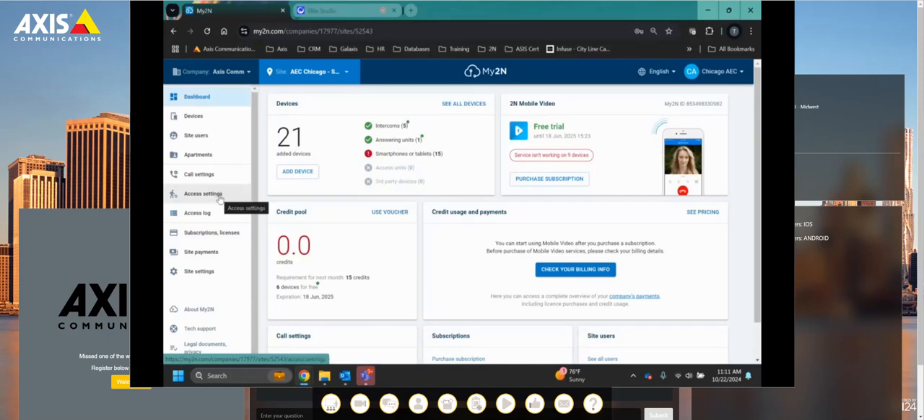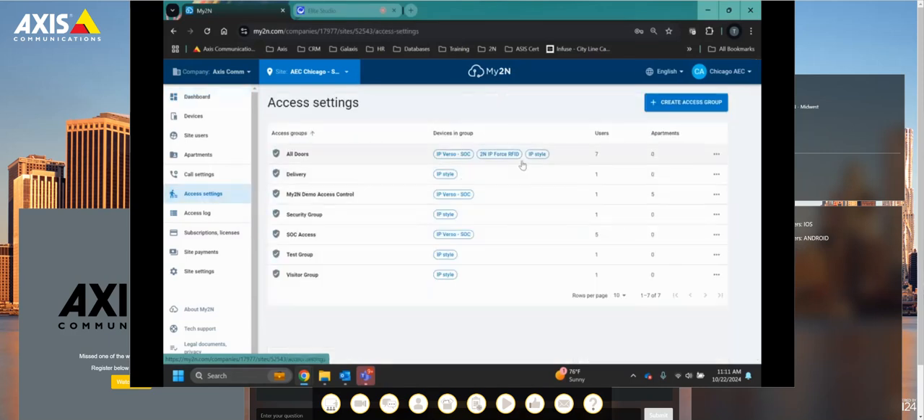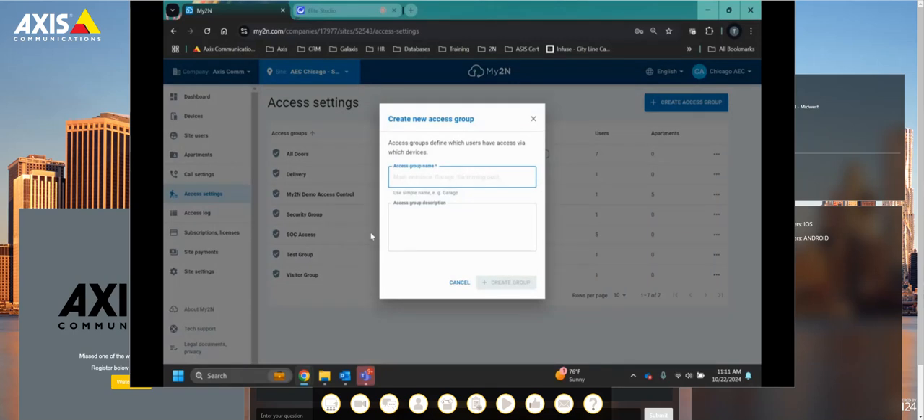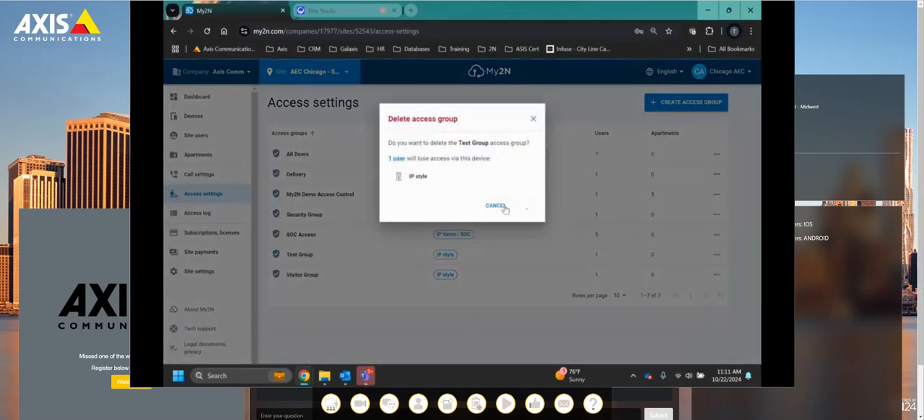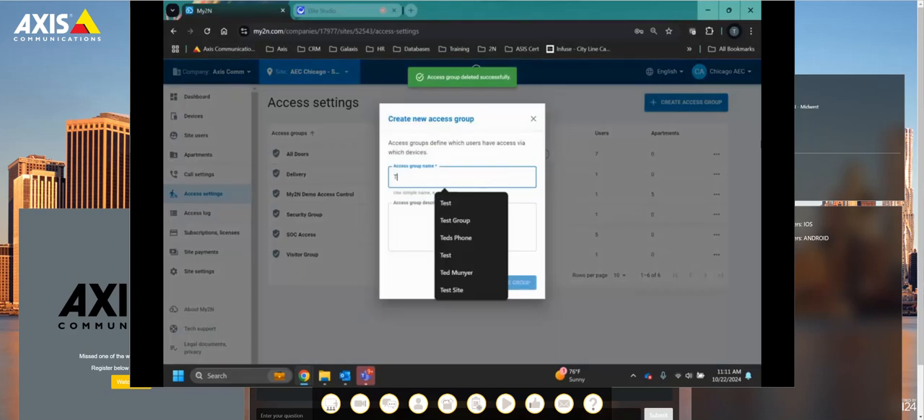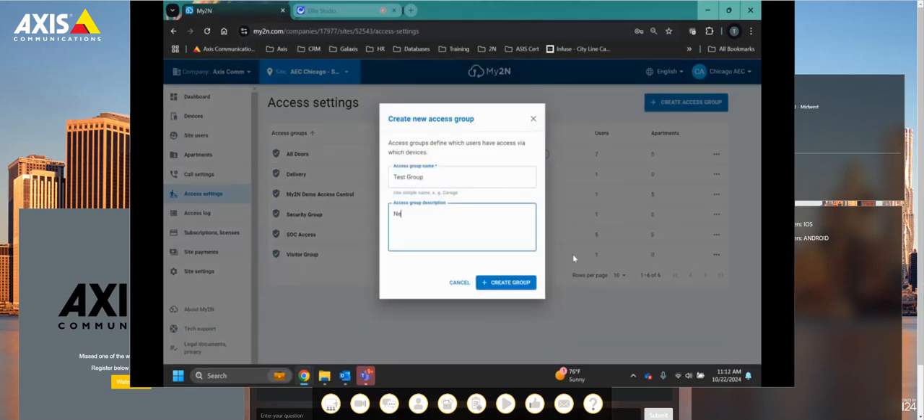We can just go ahead and go to access settings, and then this is where we're going to create our zones. My2N calls them access groups, but here we can go and create an access group, and I'm going to delete this test one because I'm going to have to delete that and make a new one that is test. We're going to do a test group, and we'll just say it's for all employees. Create group,